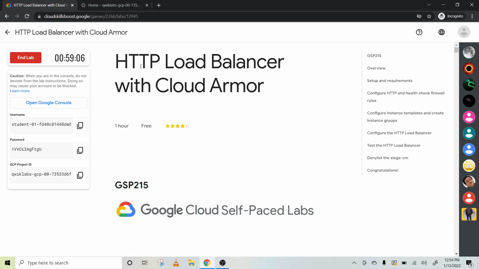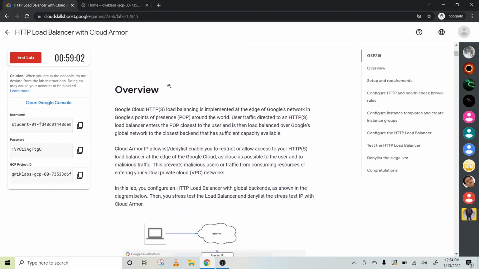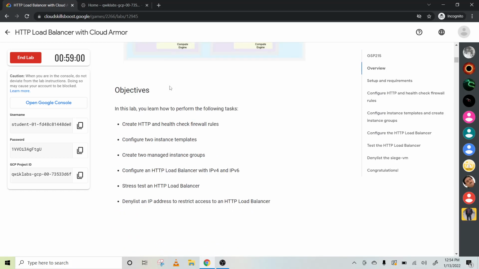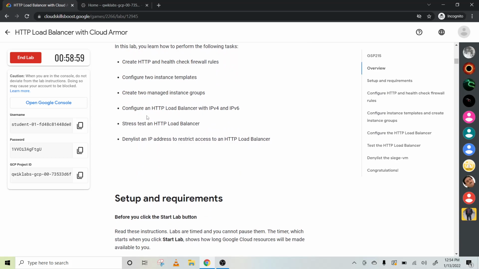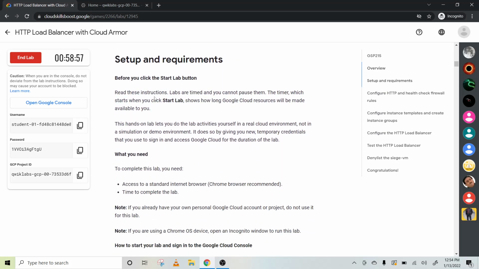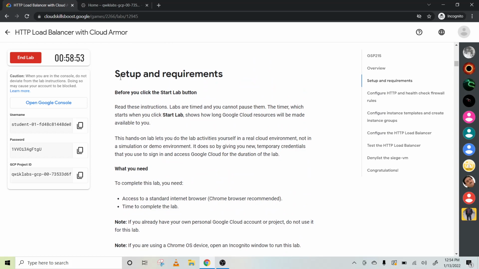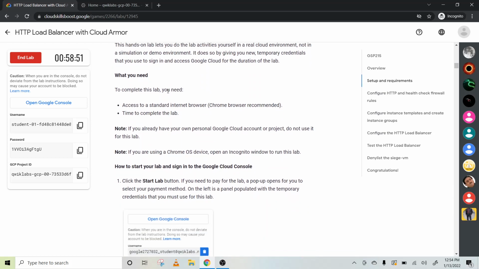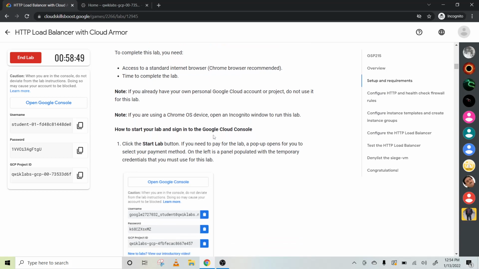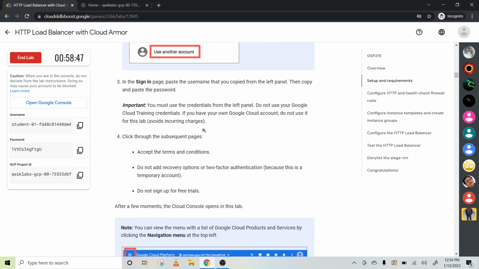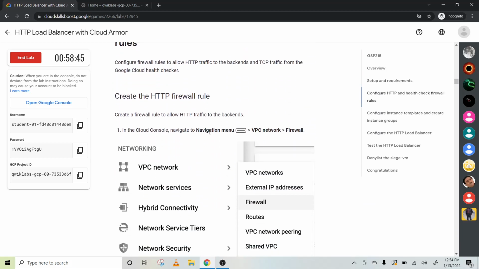Okay, so let's start it. HTTP load balancer with Cloud Armor. This is the lab objective. We have to do I think 4 to 5 steps. First, setup and requirements. You need a private browser. Yeah, here it is. First we have to start the lab, which we did, and next we have to configure. Go to the